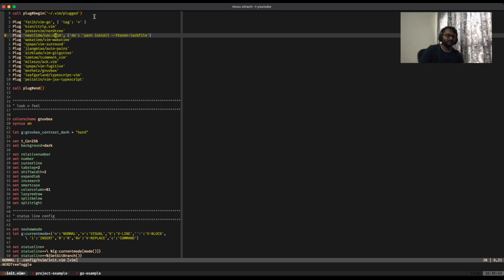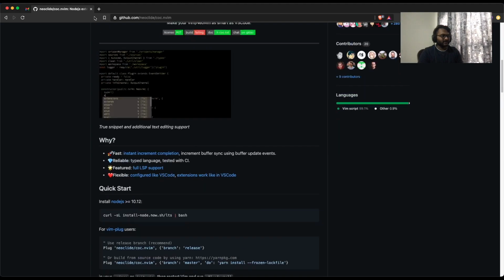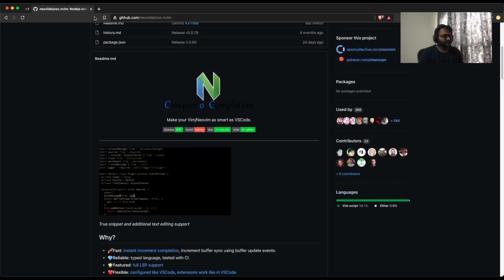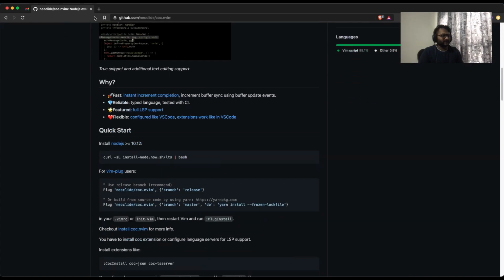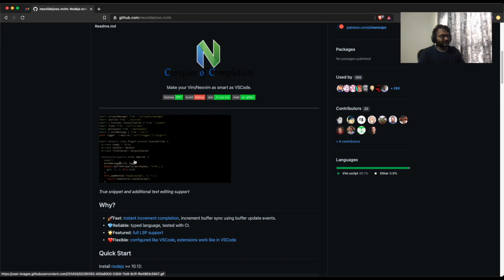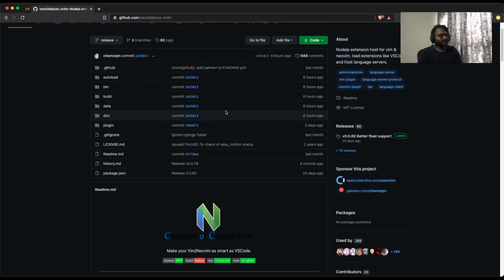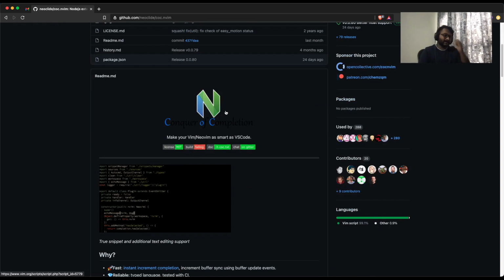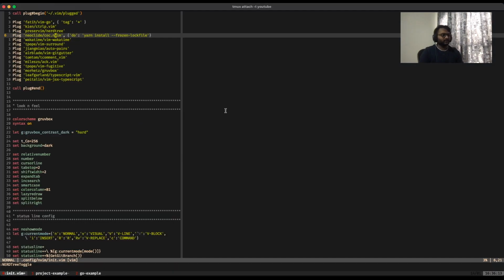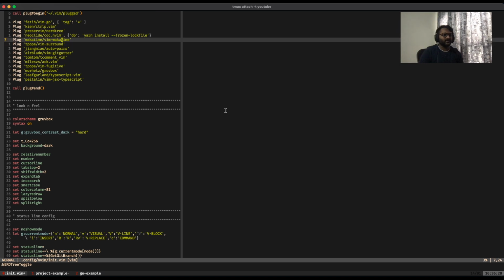Okay, so the next plugin is called COC, which stands for Conqueror of Completion. This is a pretty famous plugin for autocompletion. You can go through the README file to know more about what COC does. It basically gives you autocomplete like they show in this GIF. The other alternative for COC is YouCompleteMe, which is also pretty famous. But I personally prefer COC because the setup was very easy for Go and Ruby and JavaScript, which I commonly use. The next plugin is Vim WakaTime.